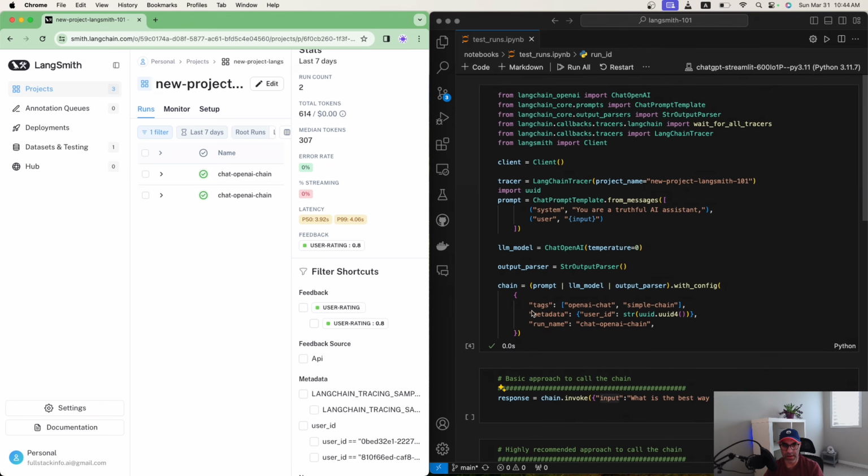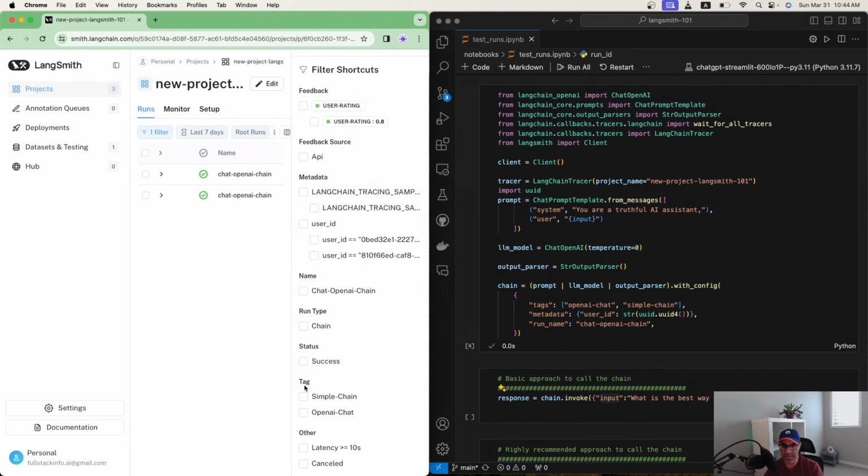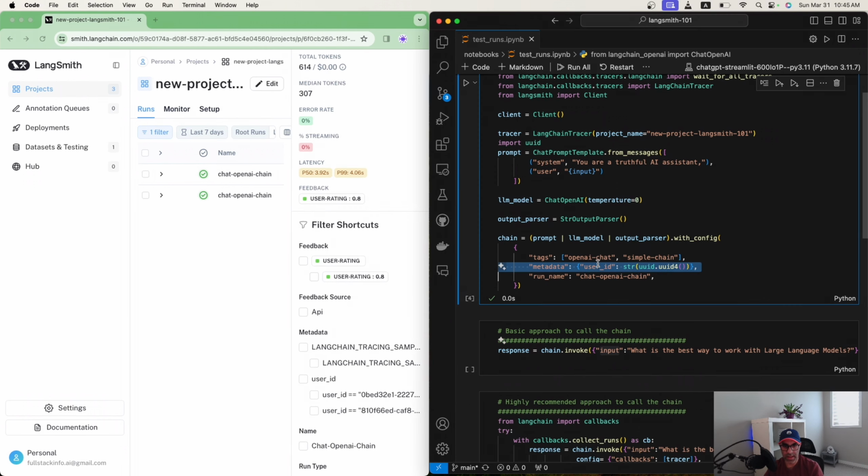If I go here and then I look at the tags, I can see that I have the tags here. I ran this chat adding just 2 tags, so just 2 tags appear here. I'm looking at a chain. Again, as I mentioned, you might have a retrieval chain that will appear here. I recorded the user's data, so we have the metadata here. Within the metadata, you have the user ID.